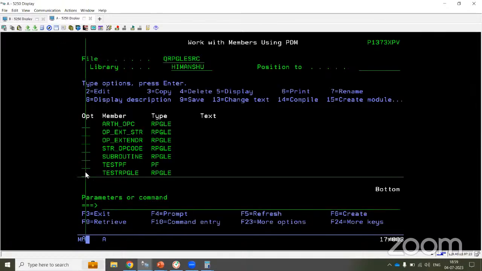Now, if I try to call the program from the other session, it will not call it, because whenever we use the READ opcode when the file is in update mode, the file will go into lock. So it will not process further from the other session because the file has gone into the lock. To remove the lock, what we will have to do,